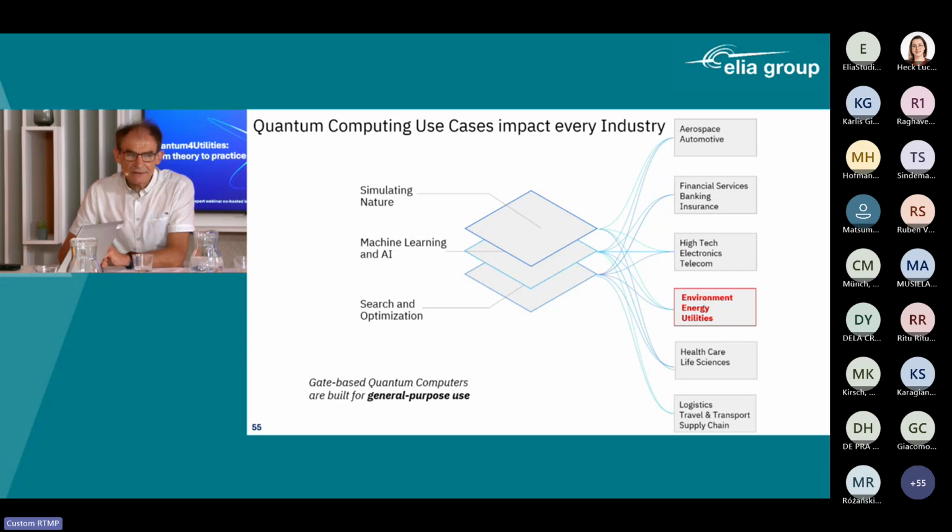Most importantly on this slide, it is about general purpose quantum computers, meaning gate-based systems that allow applying multiple types of problems. That can be interesting because sometimes quantum computational scientists want to combine multiple types of algorithms, not only optimization, but also machine learning and simulation in one project. Then it is an advantage to have a general purpose system.